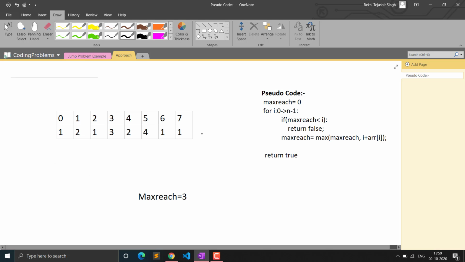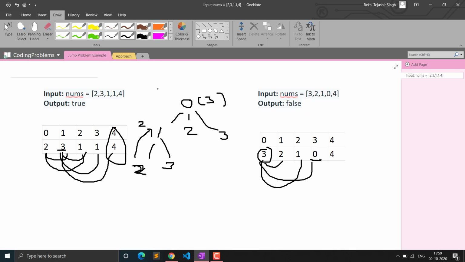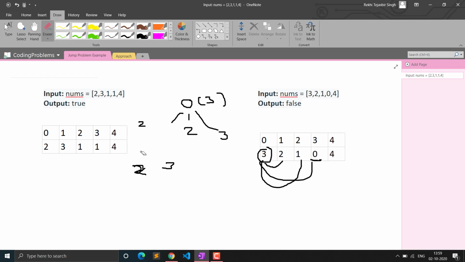So now let's see the approach that we are going to use, the greedy approach. So if you see, this is the pseudocode. I will explain the pseudocode again with the diagram, running on this example. So now in this example, let's see again. This was for example the second example, that was this. So now when we reach from 2, that means we can extend our jumping path to this point.